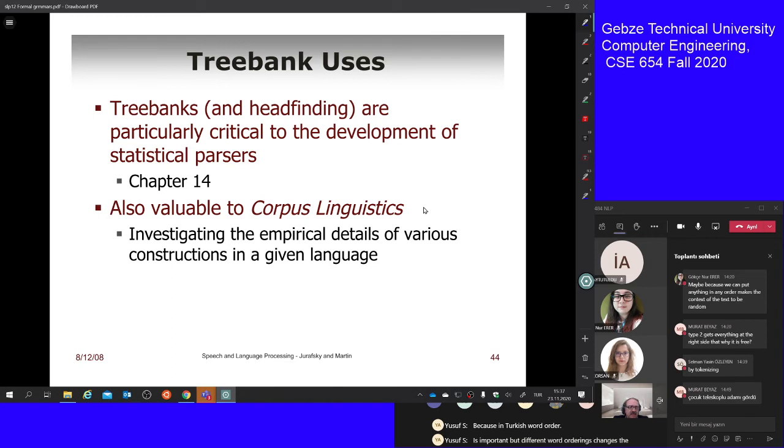When you say ben okula gittim, gittim ben okula, okula ben gittim, each one is an acceptable Turkish sentence, right? But each one has a different meaning, so each one should parse. I have 3 words and I can use those 3 words in any order, and each one is an acceptable